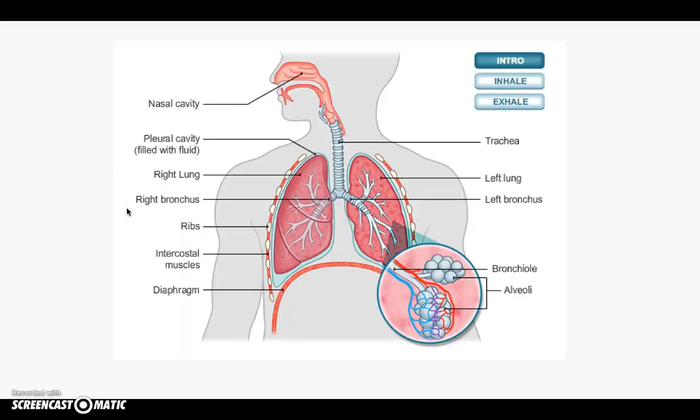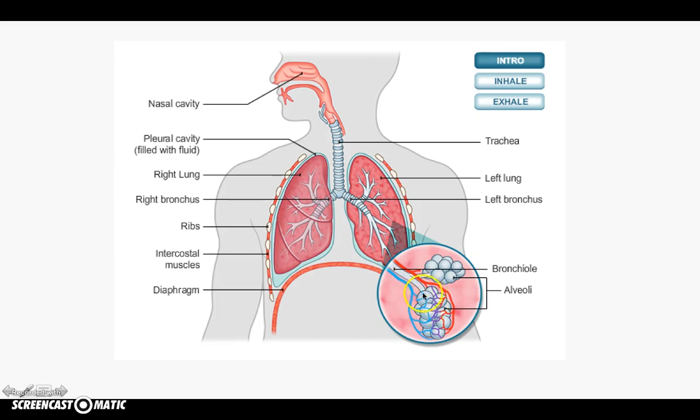Just a quick recap with regards to where the alveoli are and what they look like. So air comes rushing through the nasal cavity, down the trachea, and then it splits into the right and left bronchi, into bronchioles, which are these kind of tree-like branches here, and at the end of these we have our alveoli. So here it's obviously zoomed in, so this is still your bronchiole, and now you have your alveoli, which